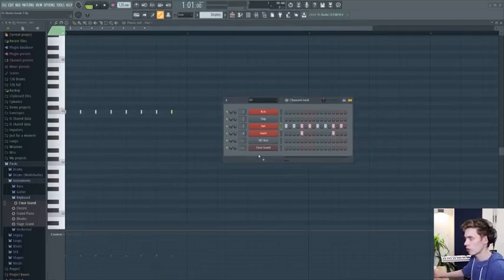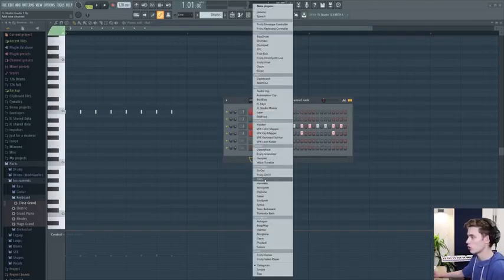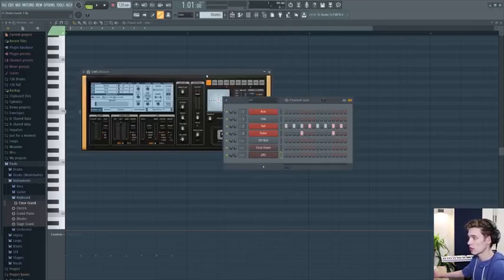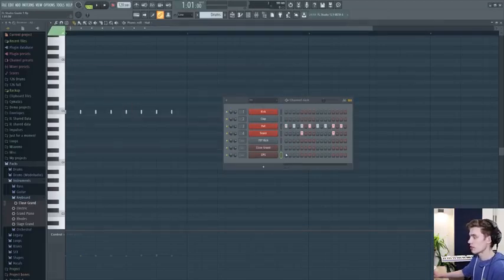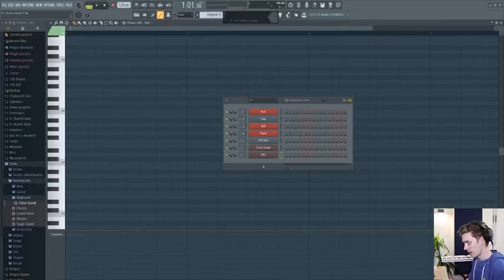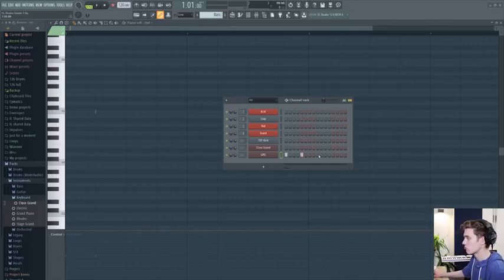I'm going to now use a virtual instrument to show how an instrument pattern can be made. So I'm going to click down here and I'm going to choose GMS, which is just a synth inside FL Studio. And with this, if I make a new pattern by clicking up here and calling it bass, if I just select these notes, press play, it's only going to give me the middle C note,